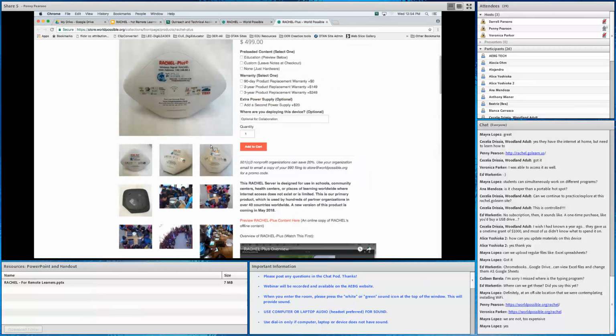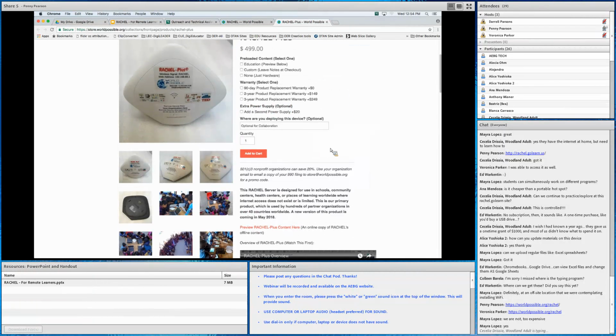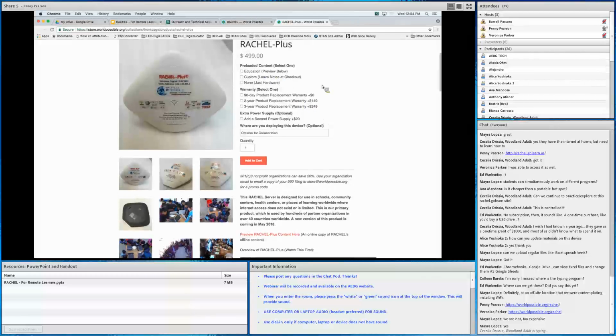So again, this is where you can buy it. This is the cost of $499. You can, again, look at that preview. We just saw it. I gave you the link to that page, and you can pick and choose. My device has lots of materials that are in French and in Spanish. You may not want those. Maybe you want Spanish, but not French. So you have the choice.